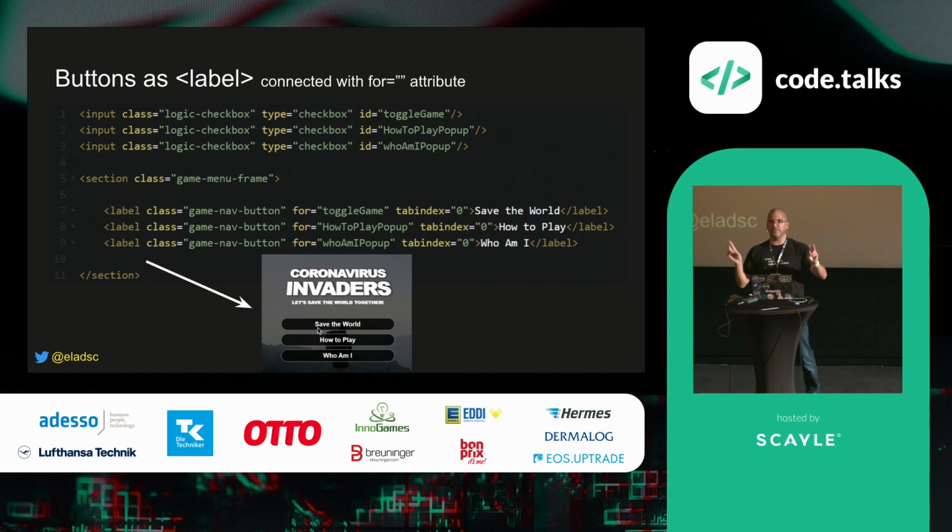This means that if you click on this Save the World label button element, it will trigger this checkbox and it will change its status from unchecked to checked. If you click it again, it will change again from checked to unchecked, as many times as you keep clicking on it. The same way for the 2 other label button elements, for example, the OMI, this one. You click on it, it will trigger the checkbox that has the ID name OMI pop-up. This one. One time you click it, it will change from unchecked to checked. You click it again, it will change again from checked to unchecked.